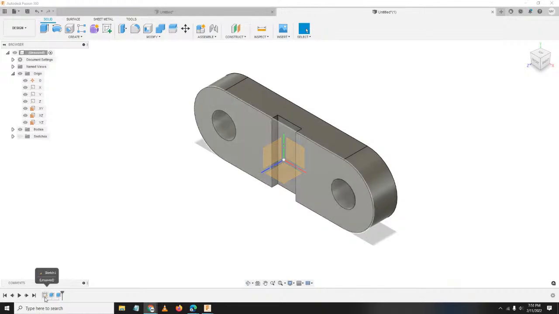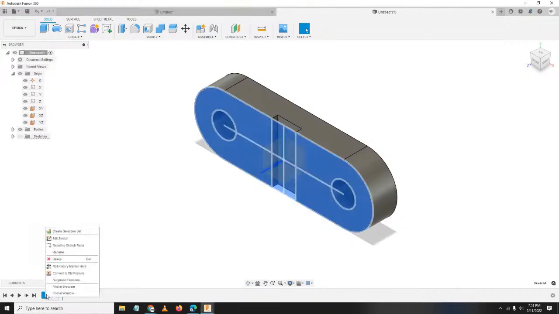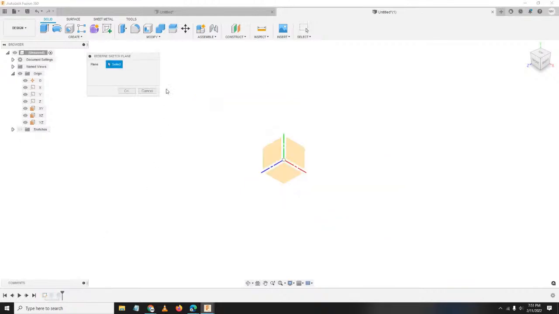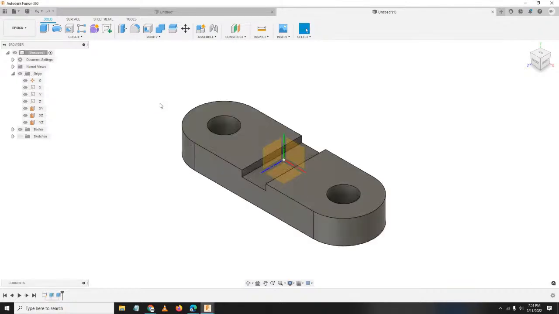Select nyo tong sketch, left click, right click, and select redefine sketch plane. So, meron siyang pop-up. So, for example, we want to redefine it in XZ plane, left click, and click OK. Okay. So, now, nasa XZ na siya.